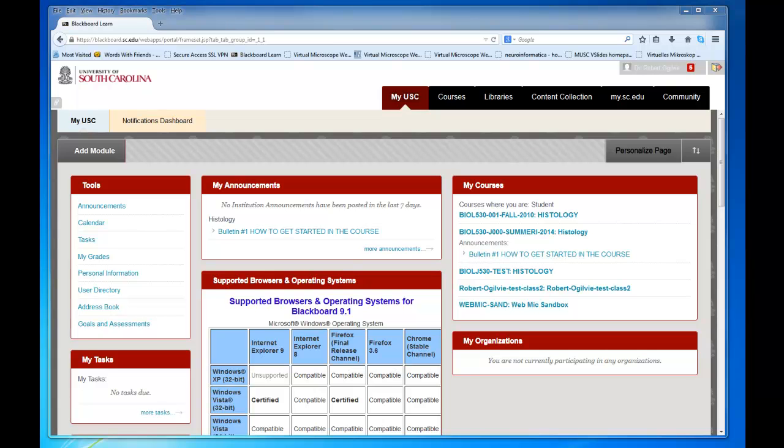When you log into Blackboard, most of you probably have done this before, but in case you haven't, you should see this page where you have announcements that will show up here, but they're also going to show up in the course website. And in this course is Bio 530, J, and then you'll have different sections. Summer 2014. So I'm going to click on this and you will see in the first bulletin information about how